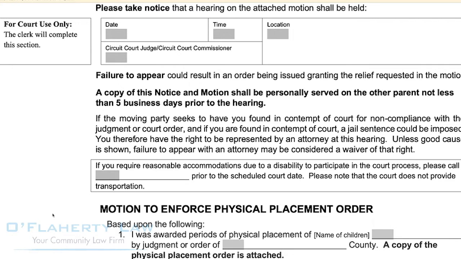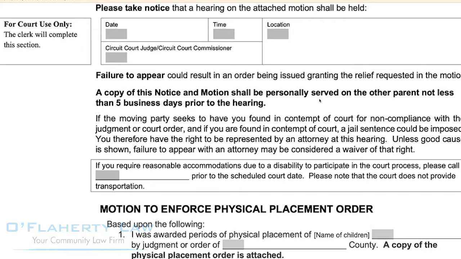So once you've got a hearing date up here, the clock is ticking. You've got to get it served on the other party as soon as possible. And frankly, it can't be publication and it can't be mail. You've got to hire somebody to hand it over to them, or you've got to give it to them yourself. You've got to have proof that they were personally served. Someone who can fill out an affidavit of service and file it in the case would be ideal.